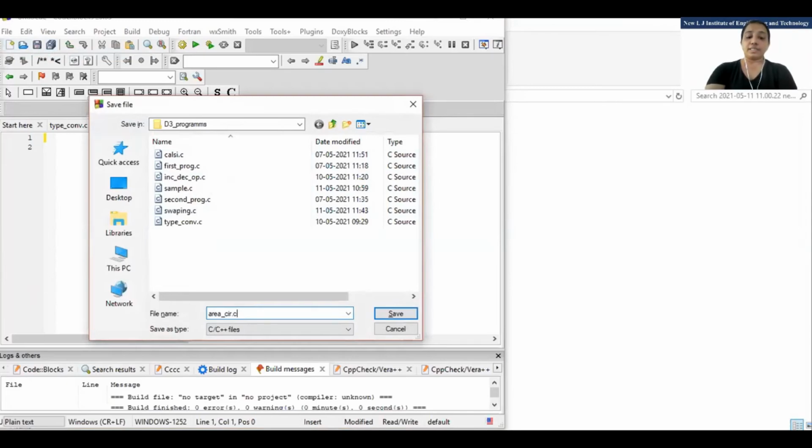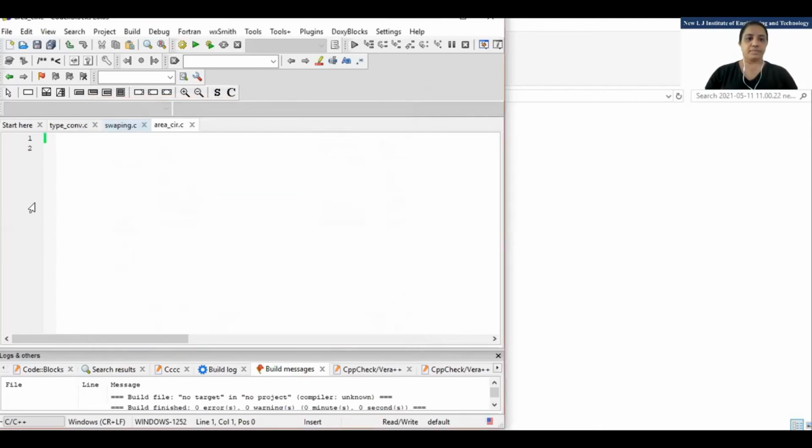But I have noticed that for the name of the program, you are giving your name. I told you, you are not supposed to give your name to the program. Just name it so that it shows the meaning of that program. See, I have given Area underscore circle, CIR in short. So in that way you should give the name. Your name, your surname, that is not the way. Fine.